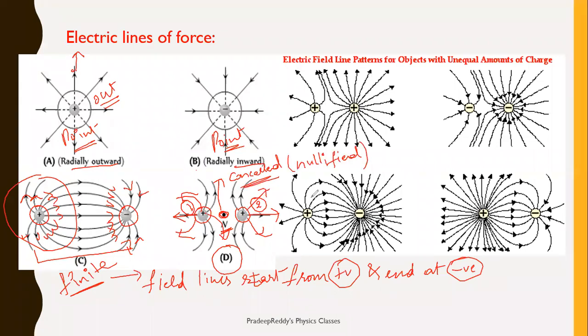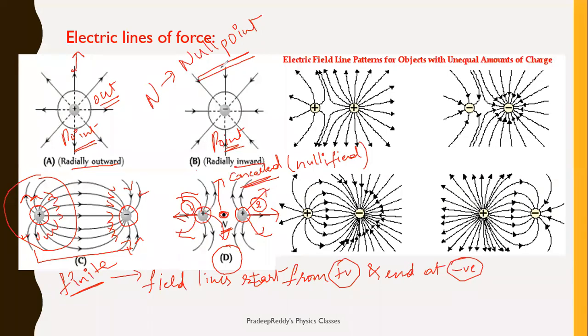They get nullified in the sense that the effect of the first charge and the effect of the second charge both get cancelled at that particular point, and that point is represented with N. Usually N is called the null point. Null point always exists between two like charges. If you are taking two positive charges, there will be a null point between them. If you are taking two negative charges, there will be a null point between them.